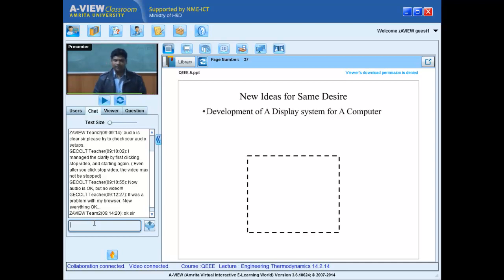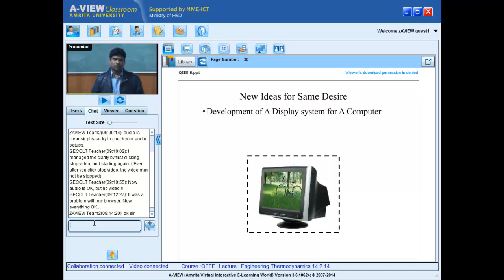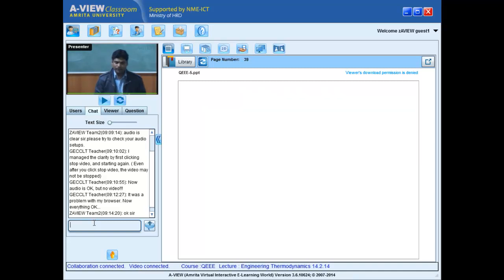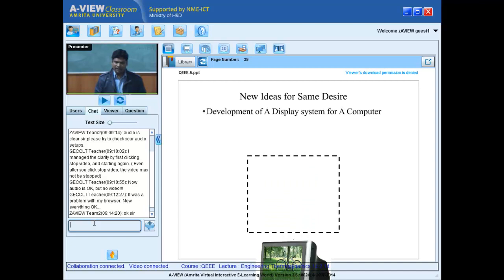Okay, let us see developing a display system for a computer. Let us say this is the boundary where I want some display system. When I have some kind of phases, what was the innovation? Something like a cathode ray tube monitor. It was serving the purpose, no doubt about it. But when I depended only on these kinds of materials and phases, it was consuming a lot of electricity, and over and above it was producing high intensity radiation for the same purpose of reading something. The people were spoiling their eyes. So the people had to innovate that many things can happen.